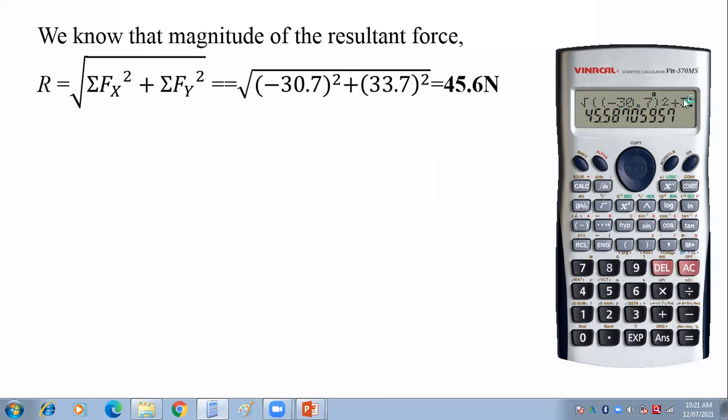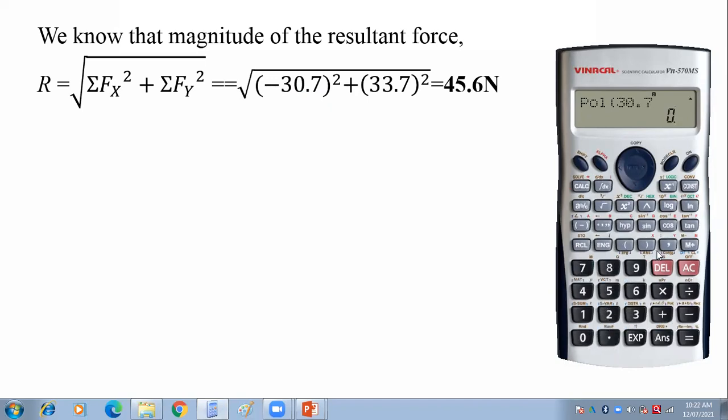Now instead of entering so much under root and bracket square terms, there is one function inside this calculator. If you observe clearly, above this plus sign button there is a very small label, pol, the pole function. To use this pole function, you have to press the shift button and this plus button, and you'll get pol.